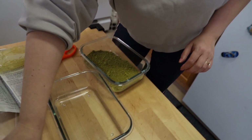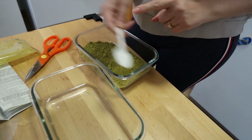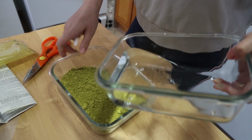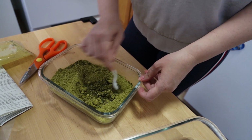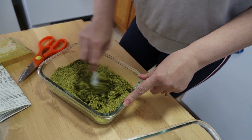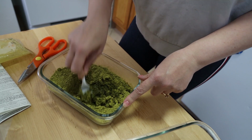And now the instructions say, take a plastic or non-metallic utensil and add the hot water little by little and mix everything. I poured only half of it. I'm trying to mix it and see what's happening and how well everything is blending. Phew, the smell though. It smells like